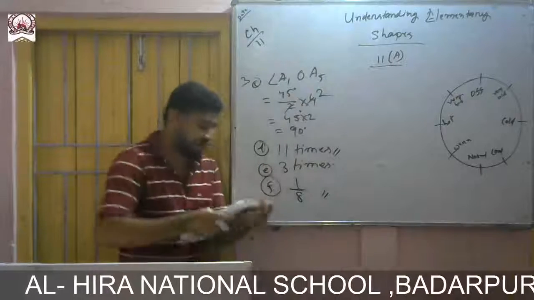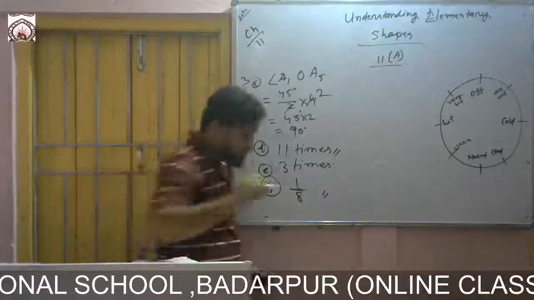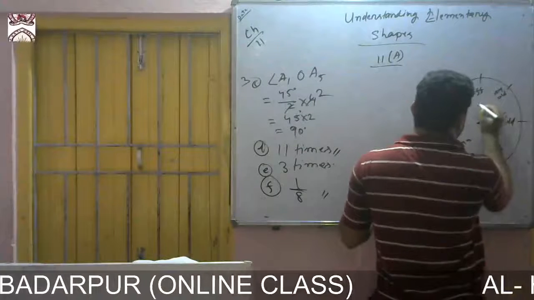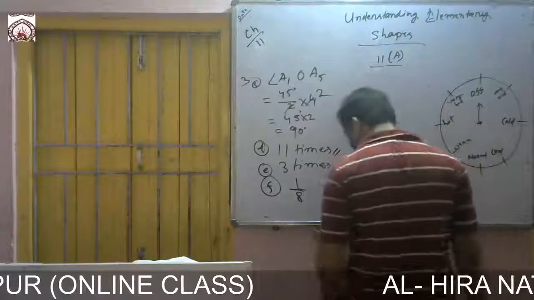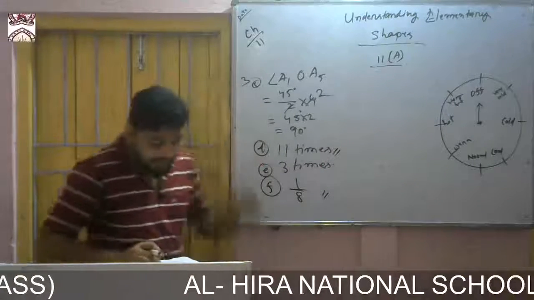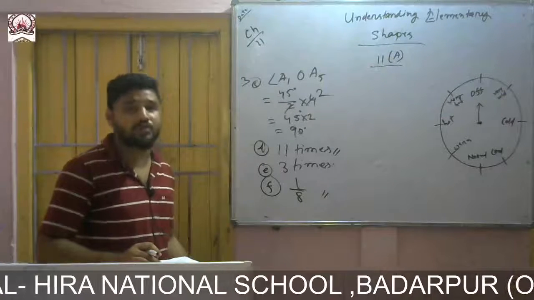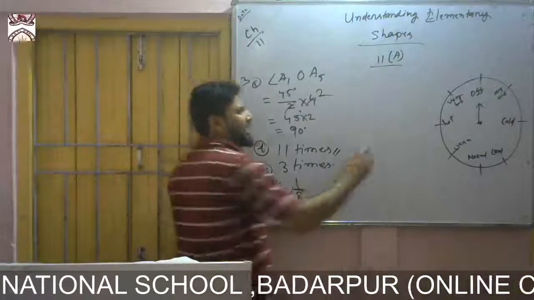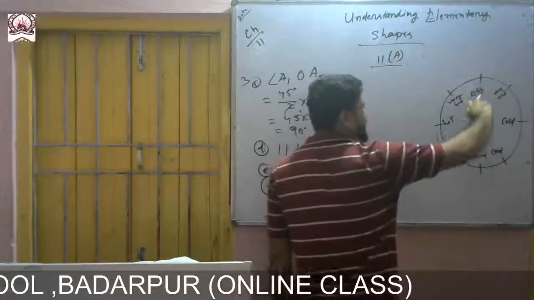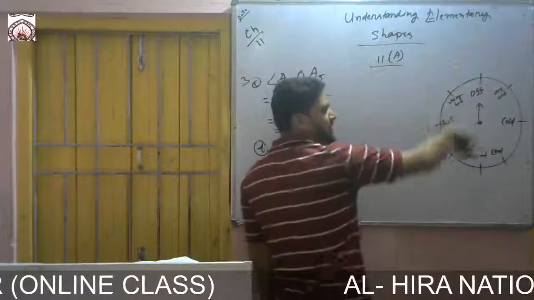Now the question is asked about clockwise. So first you should know what is clockwise and anti-clockwise. Here is the pointer at the center, and the pointer is pointing towards off. Two words are there, clockwise and anti-clockwise. Clockwise means whenever a clock moves, the hour hand, minute hand and second hand move like this, from left to right like this. So it is clockwise.